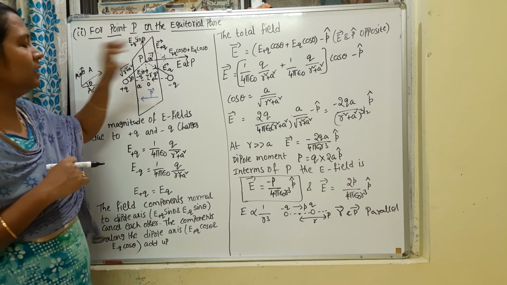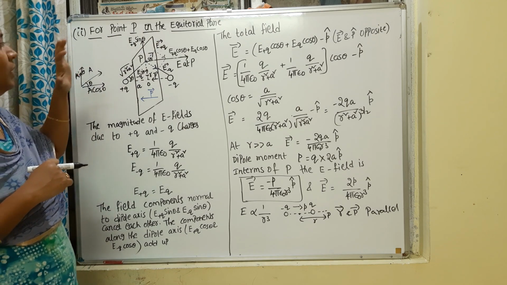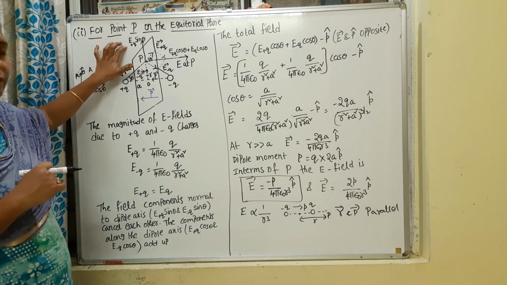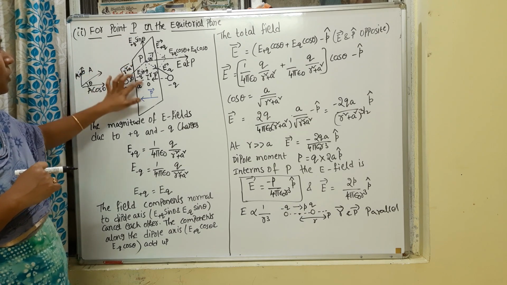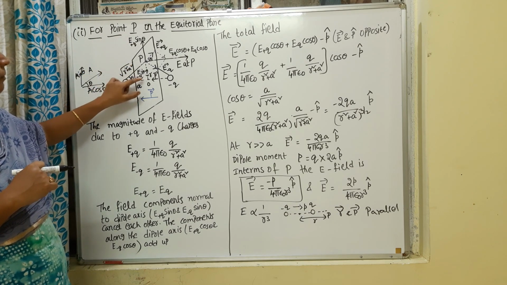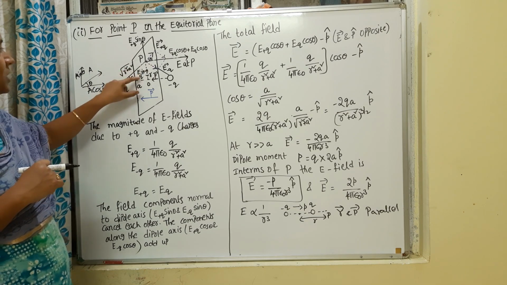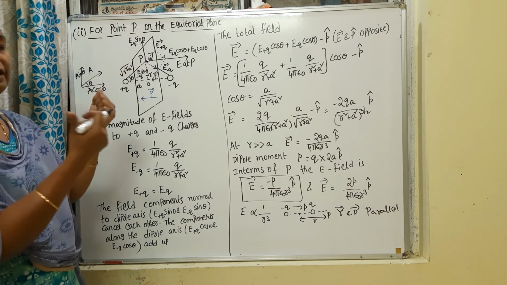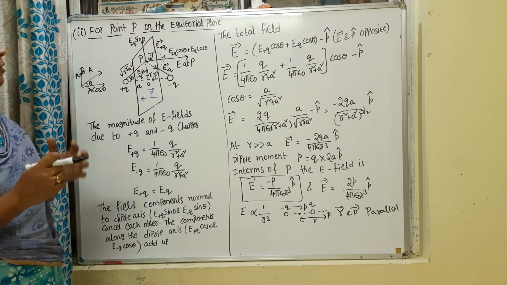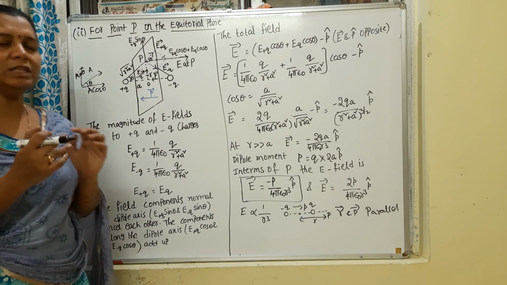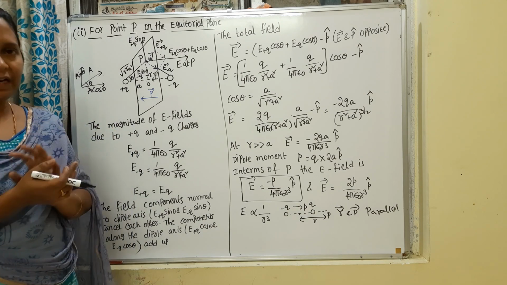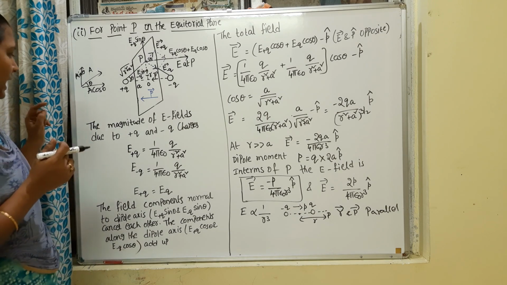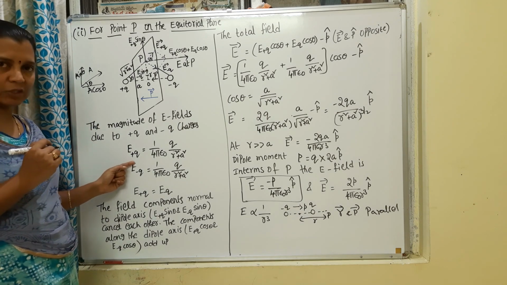So those are the electric fields. So now here, the vertical component of the electric field due to plus Q and the vertical electric field due to minus Q, they are in the same line but in the opposite direction. Now initially let us consider what is the magnitude of the electric field due to the pair of charges, right? So the electric field due to plus Q charge